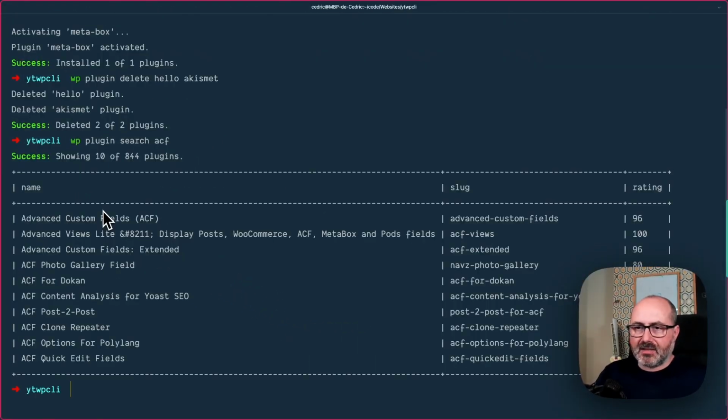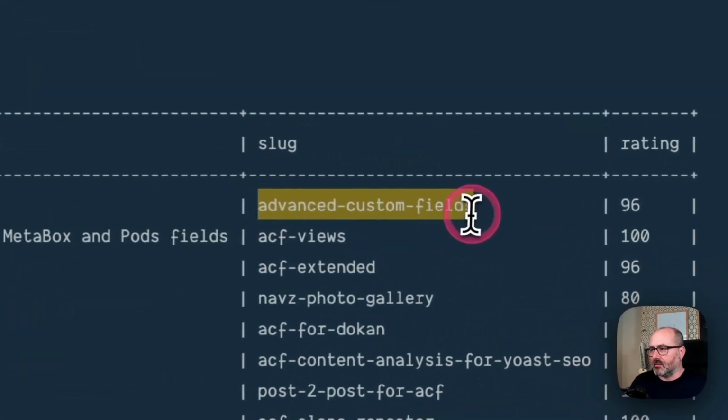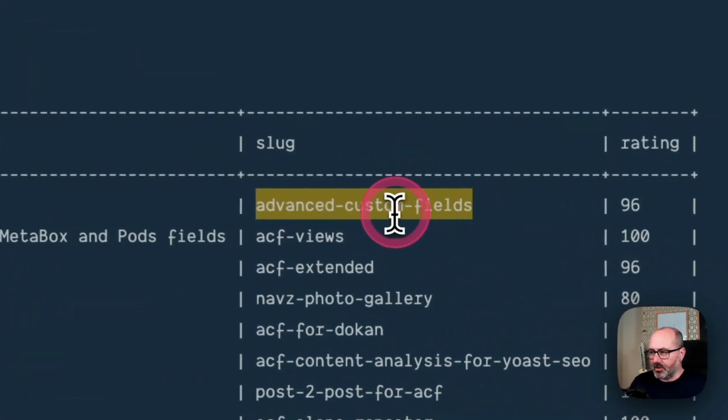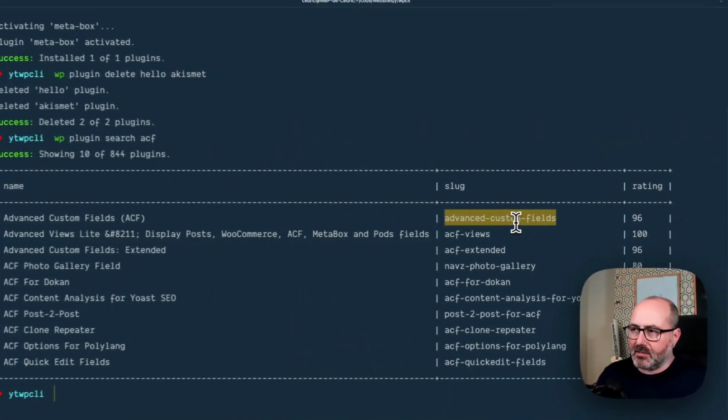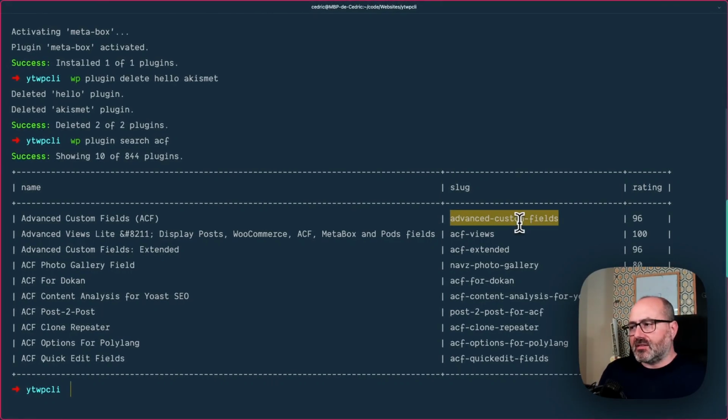So let's search for ACF. And the CLI is searching the WordPress repository and suggesting me this one. So for Advanced Custom Fields, the slug is this one. So you can use directly the slug to install your plugin if you need it. You can install plugins in several ways. You can install from the WordPress repository directly with the slug, but you can also install from a zip file,